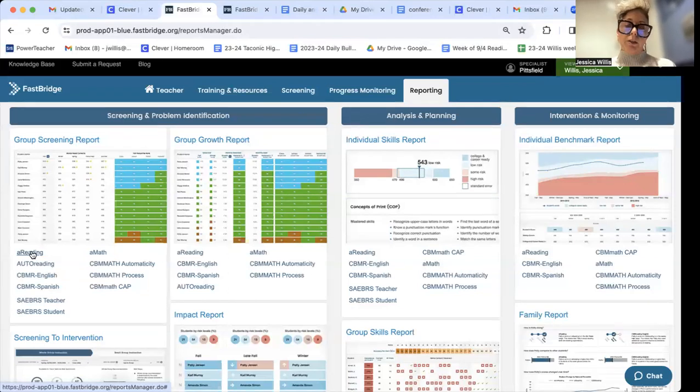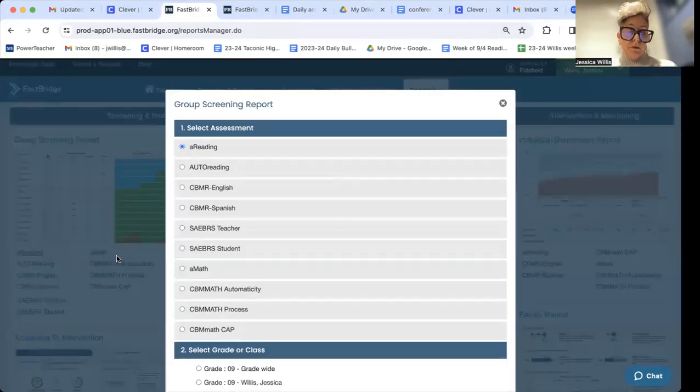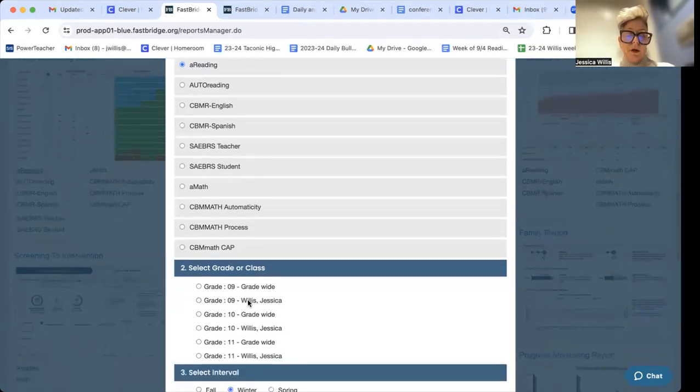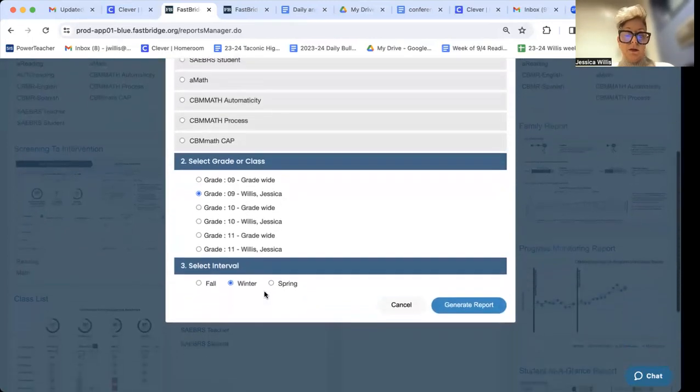Again, this is comprehension, which of course is the gold standard. We want everyone to understand 100% of what they read, right? I'm going to come here. Now I have the grade wide option. I want to say you don't, but you should have your name and then the grades you teach underneath. I'm just going to pick grade 9 for me. I'm going to make sure it says winter there because we're in the winter interval. I can't believe we're already there, actually. I'm going to hit generate report,